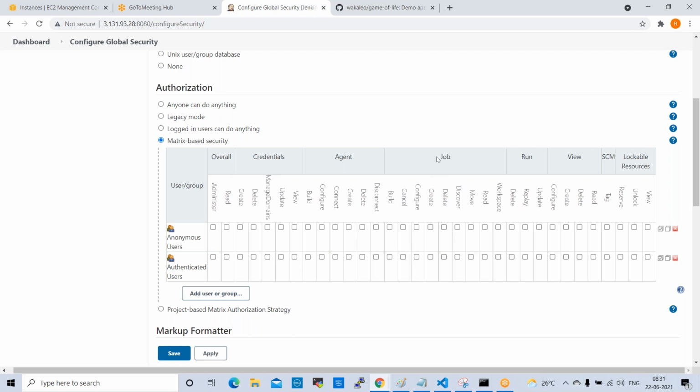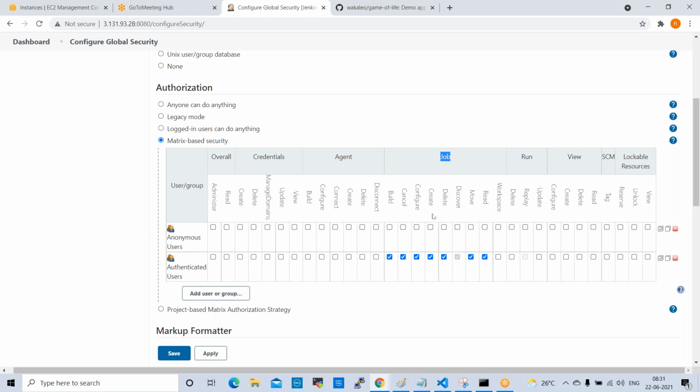See here, here we have job. So job create, authorized users. So you can select user here, and you can select create job permission, configure job, cancel job, build job, delete job, discover job, move job, read job. Okay, different things.